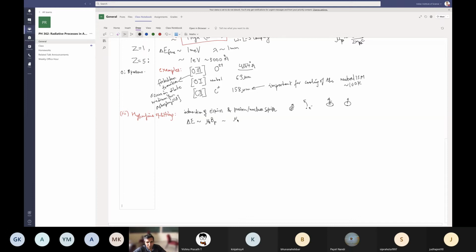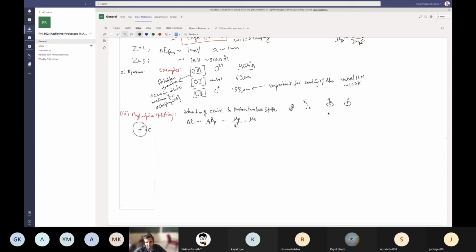This is mu of the proton divided by r cubed, a cubed, because let's assume hydrogen only. So this is a proton, and you have an electron, and this is the orbit radius. So B_p is just mu_p by a cubed times mu_e,